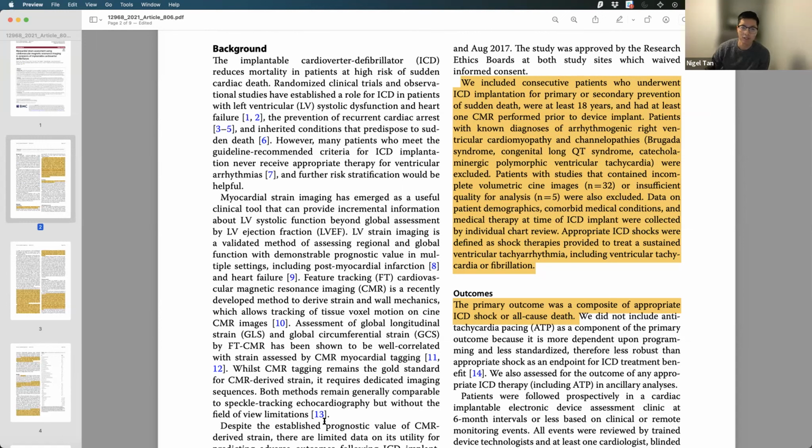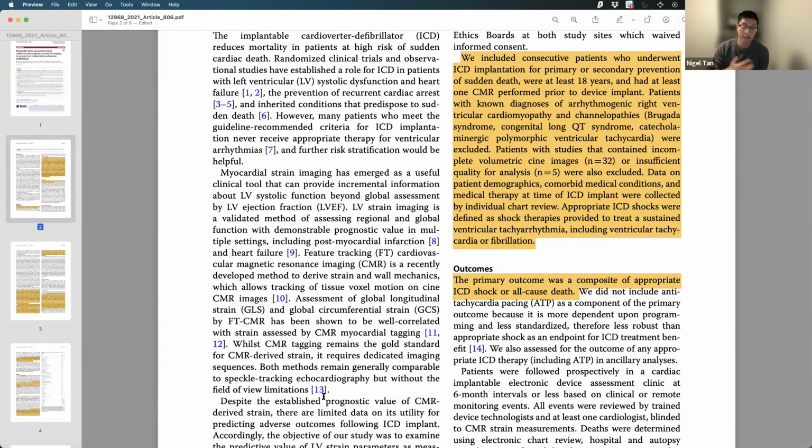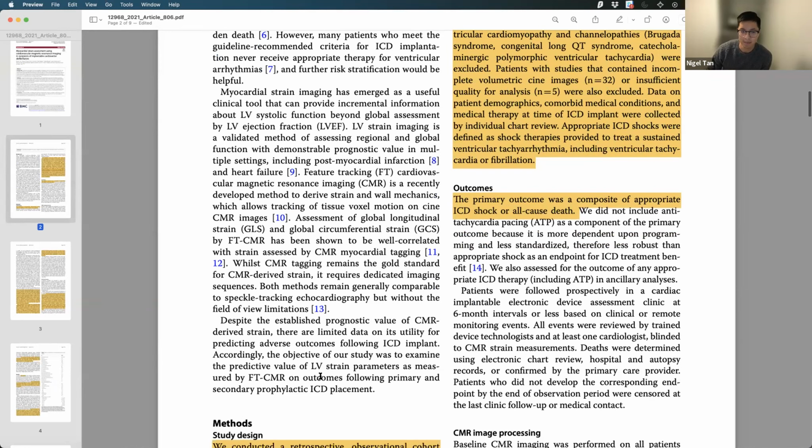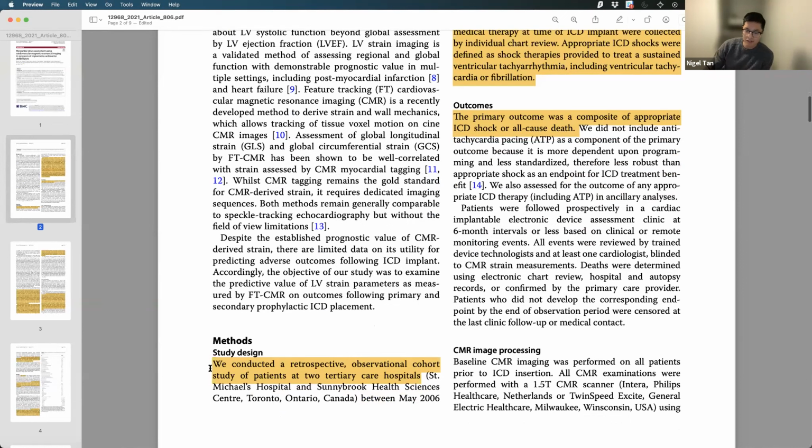And so myocardial strain imaging has emerged as a useful tool in a number of different clinical settings to provide incremental information beyond LV systolic function and LVEF, which has historically been one of the cornerstones in risk stratifying these types of patients. Our study employed this modality of feature tracking CMR to identify whether it may be an independent predictor of adverse outcomes, and therefore potentially an incorporable feature in determining who might be a candidate for an ICD implant. Just highlighting the methods here, we conducted a retrospective observational study at 2 tertiary care